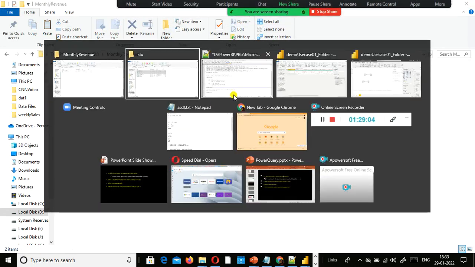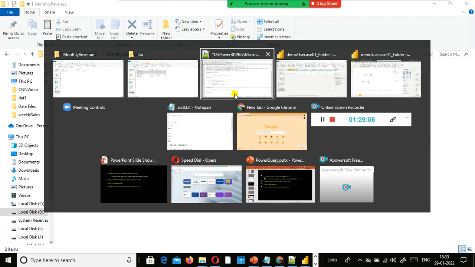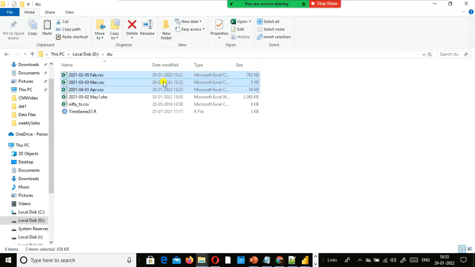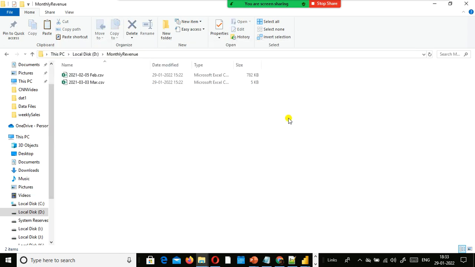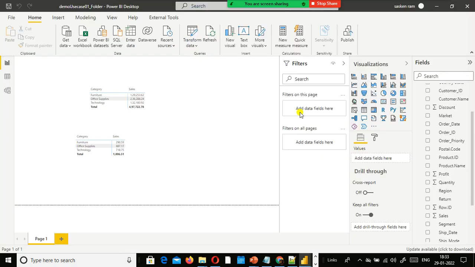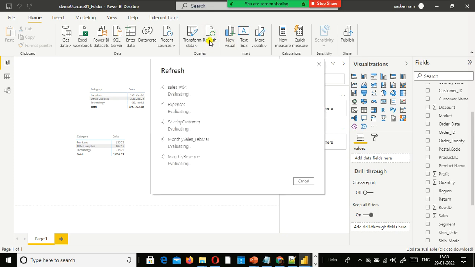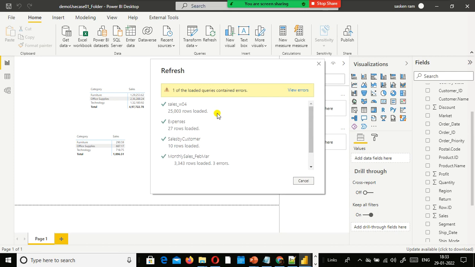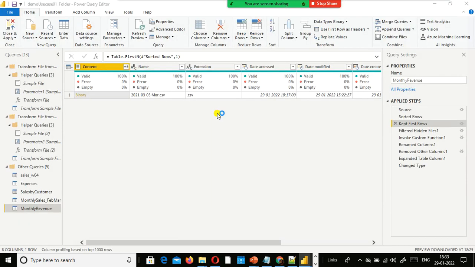Now I'm going to move the April file one more time here to test whether it is doing it correctly or not. For the monthly revenue, I just copy paste this one and go to my visual here, the report canvas. I refresh it one more time and we'll see after pushing the April month data. See, it will pick up only the April month. It is not doing the consolidation here. It shows some error.